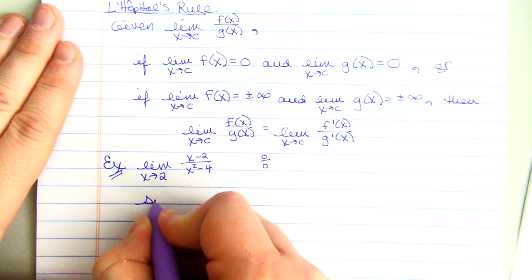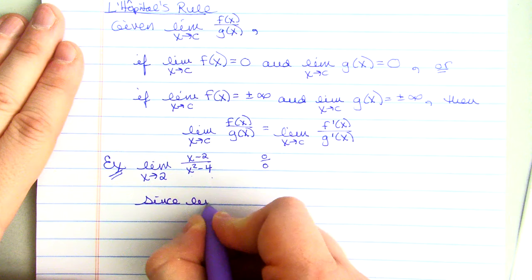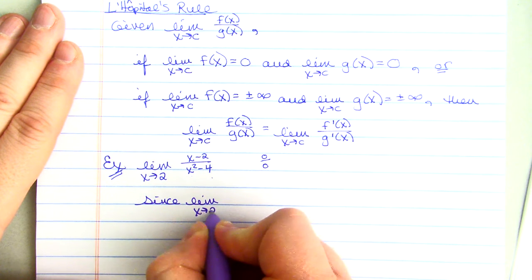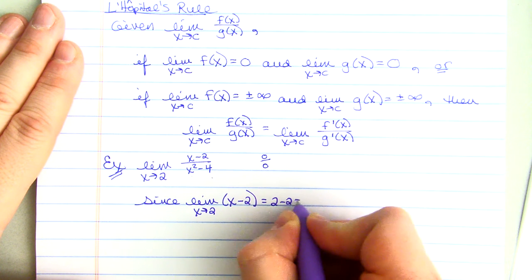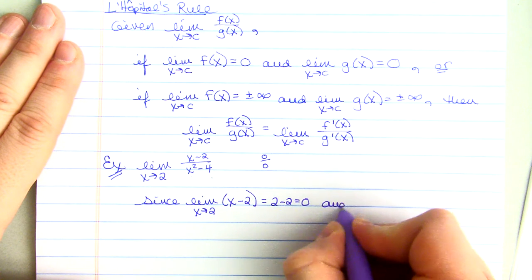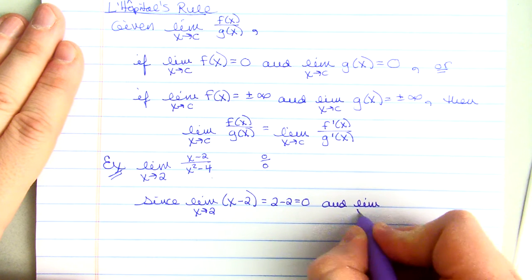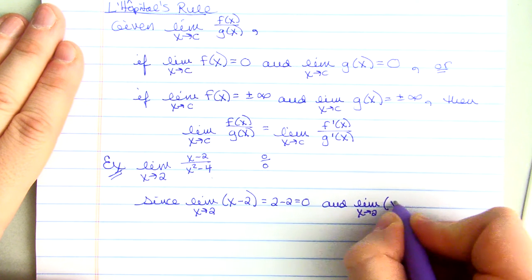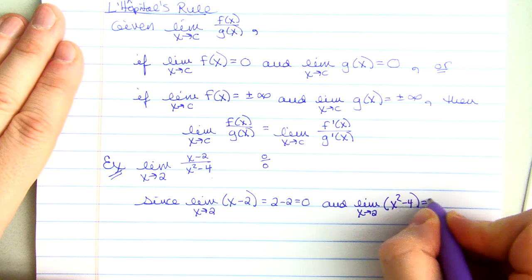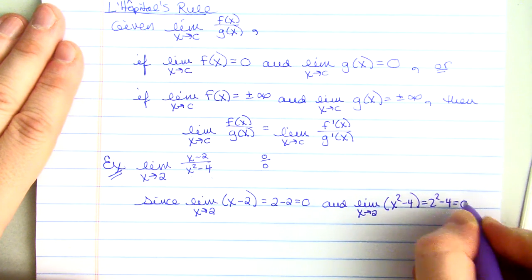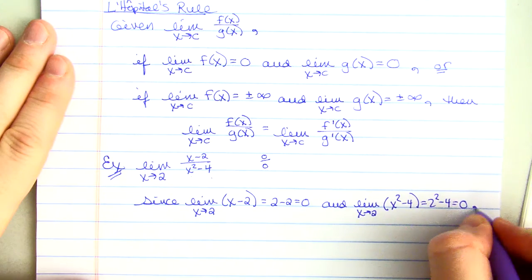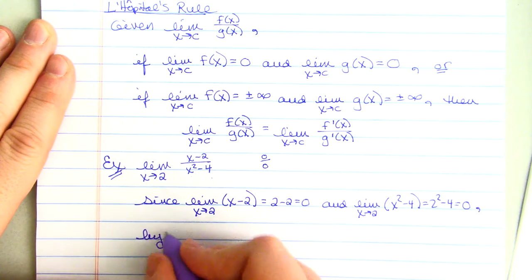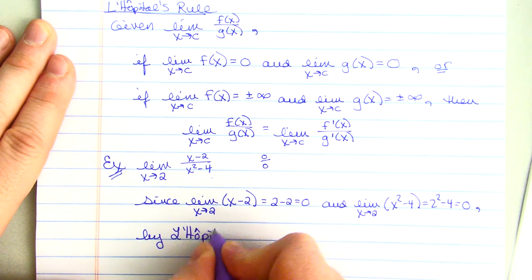So what I'm going to write is since the limit as x approaches 2 of x minus 2 equals 2 minus 2 equals 0, and the limit as x approaches 2 of x squared minus 4 equals 2 squared minus 4, 4 minus 4 equals 0, because both the limit of the top and the limit of the bottom equal 0. Then, what am I about to use? I'm about to use L'Hopital's rule, and I need to state it. By L'Hopital's rule,